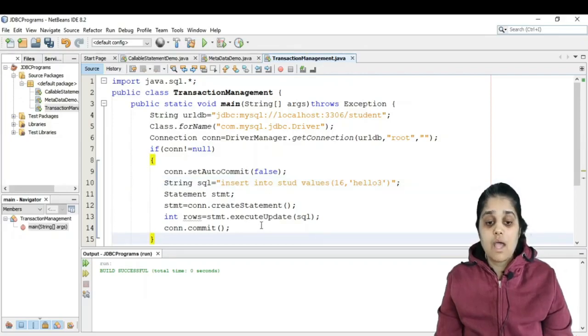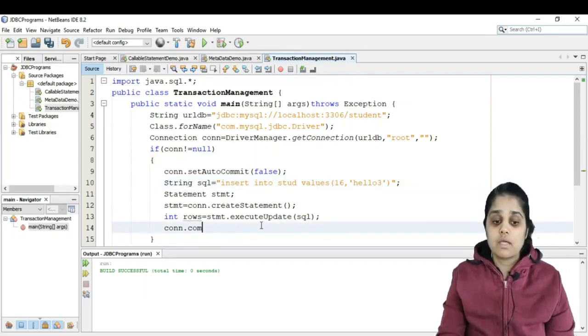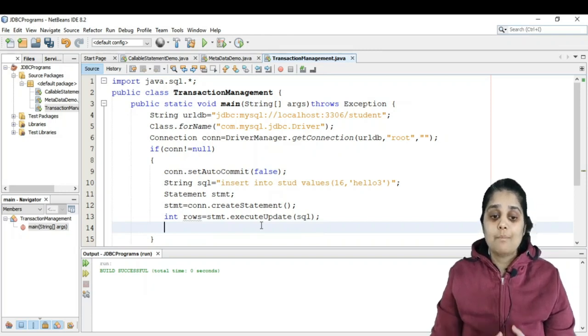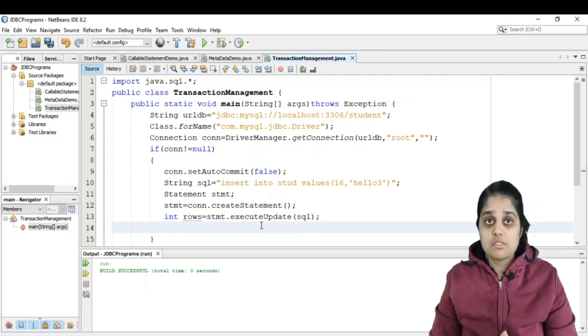Now let us change the data that I want to insert: hello 3. Now I don't want to commit, I want to roll back. My auto commit is false by default here, so whatever I execute is not going to be reflected in the database. So let me leave it to the user whether he wants to commit the data or roll back.